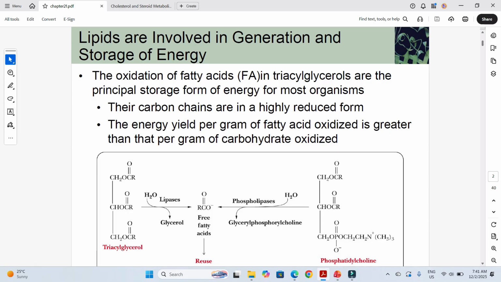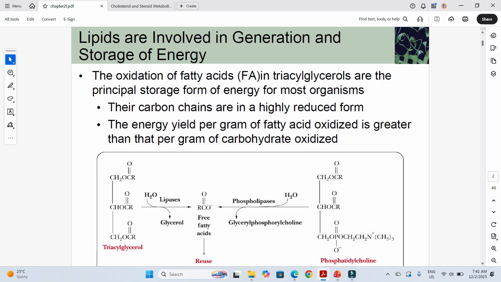So a carbon atom that is bonded to hydrogens is in a state of relatively high energy electron density. So you can think of the fatty acid chain, the tail, as being in a reduced state. And therefore, its oxidation will naturally give rise to a much greater amount of energy, say, compared to glucose,